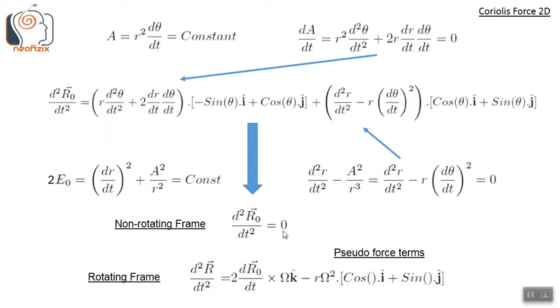And this acceleration is the apparent acceleration we see from the rotating frame. As expected, it only has the pseudo terms because the original acceleration is 0. It's a force-free motion, so we only find these pseudo terms when we track the straight line motion. This is the same force equation we get for a purely radial motion also. So whether the motion is radially oriented or not, as long as it's uniform straight line motion, we get the same pseudo force terms in this force balance equation.